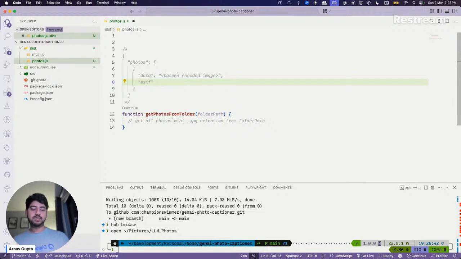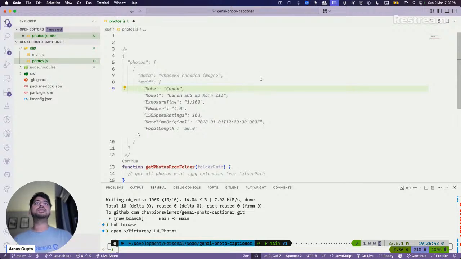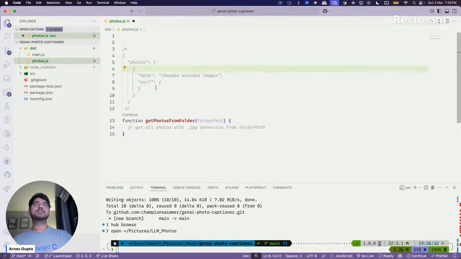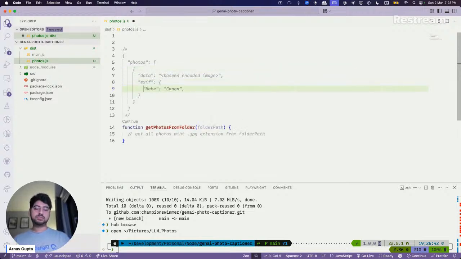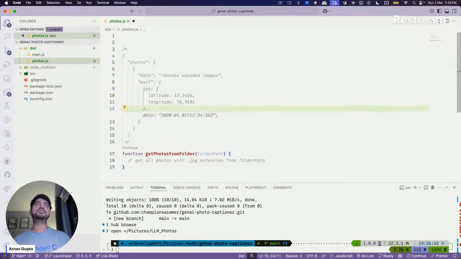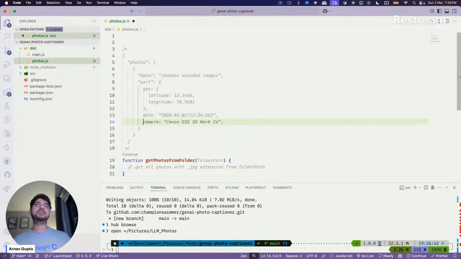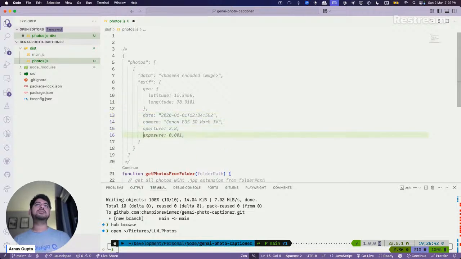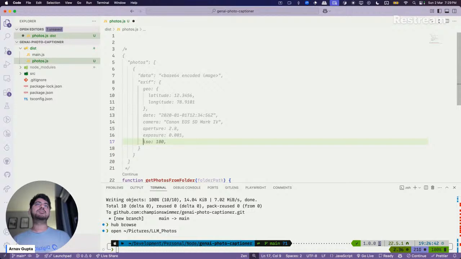But some EXIF data of this. So I would want a couple of things: geo, latitude, longitude, and date. Camera, maybe some stuff like this. Yeah, okay.